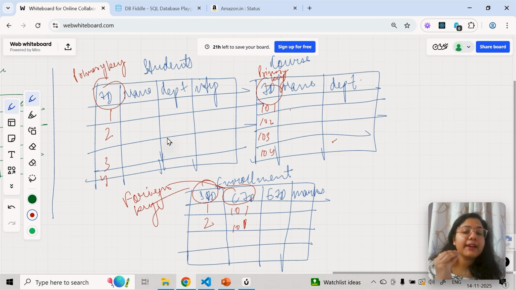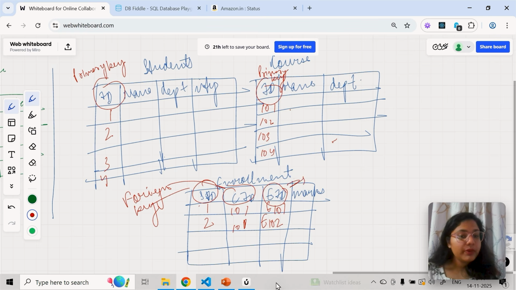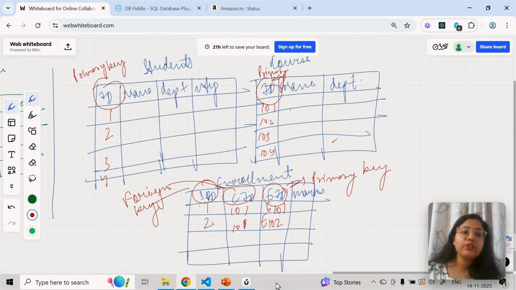I want to keep track of these IDs over here. And of course, they will have some enrollment ID, let's say E101, E102, and so on. And their marks will come. So this is the table which is keeping track of this data. Just remember, when the primary key of one table is used in another table, it becomes a foreign key. So for this table, these two are its foreign keys, and for the others they will have their individual primary keys, and this enrollment table also has its own primary key. Generally, when you work with joins, for example, I want to get all the students who have enrolled in a course.